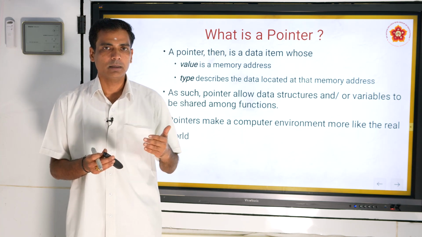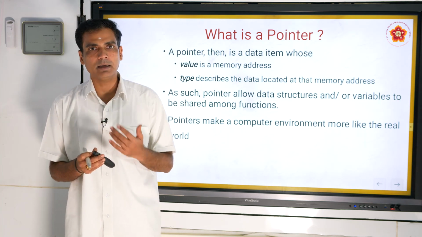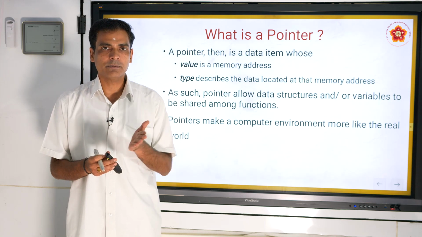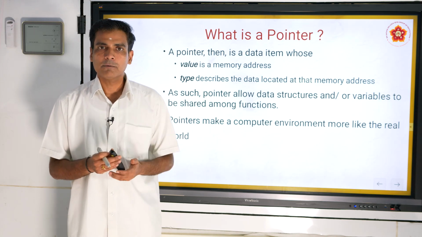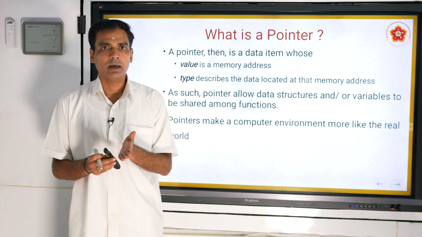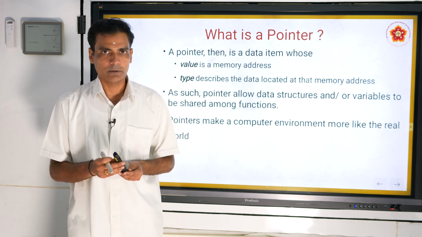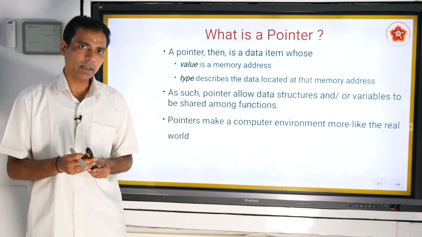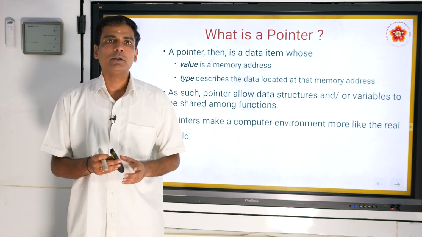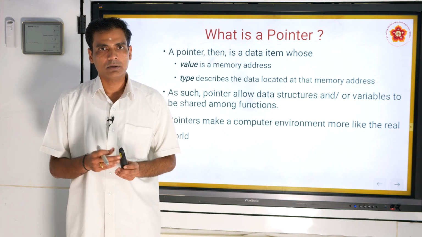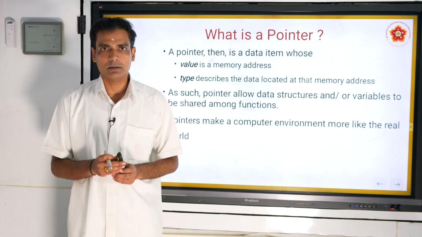If there is an integer pointer, it can point to an integer memory location. If there is a float pointer, it can point to a float memory location. If there is a character pointer, it can point to a character memory location. Apart from that, a pointer can point to user defined data like structures as well as classes.